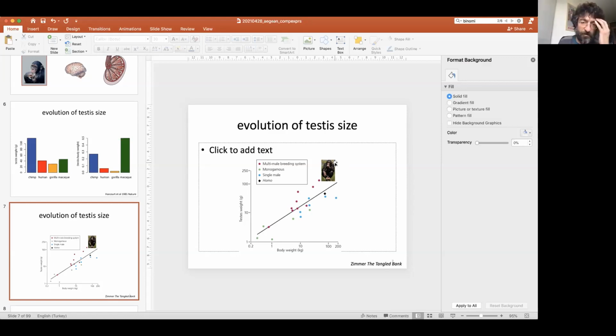And so species like chimps versus humans versus gorillas seem to be differing a lot in their mating behavior. So this suggests that this behavior is changing pretty rapidly.